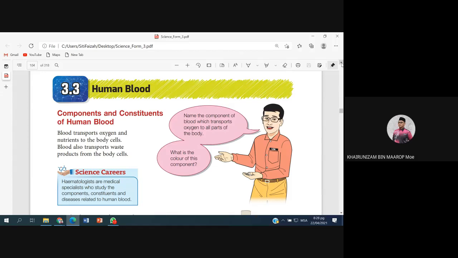And when the blood is dark red in color, that's low oxygen concentration. Okay, so in your textbook,